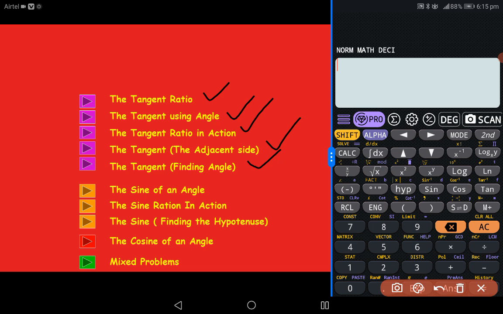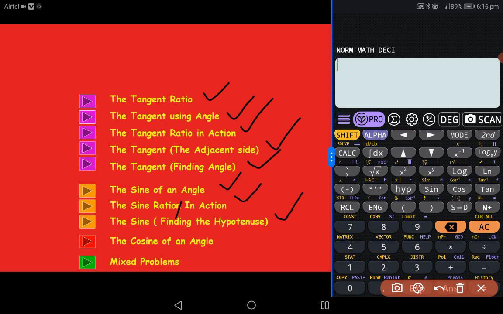So we will talk about the tangent in detail and how you can use it to solve problems. Later on, we are going to look at another trigonometric ratio, which is called sine of an angle, and appreciate its application in everyday life. That's the tangent ratio in action. This should be ratio, not ration. Okay. Later, we are going to look at how we can use the tangent ratio to find the length of